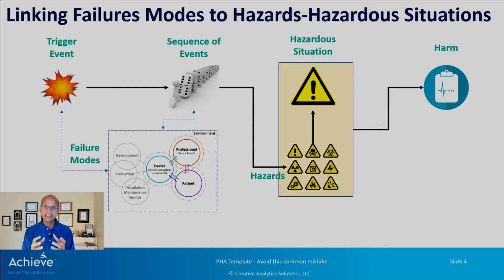That's why hazard analysis is done at a higher level. It starts with trigger events and leaves the contributing factors of those trigger events to downstream documents like FMEAs. So the mistake we make by identifying failure modes as hazardous situations is that we fail to understand the sequence of events in the proper way that links hazards to harms. And we assume that one specific failure mode itself is a hazardous situation. So we skip a lot of steps that are required in the hazard analysis.